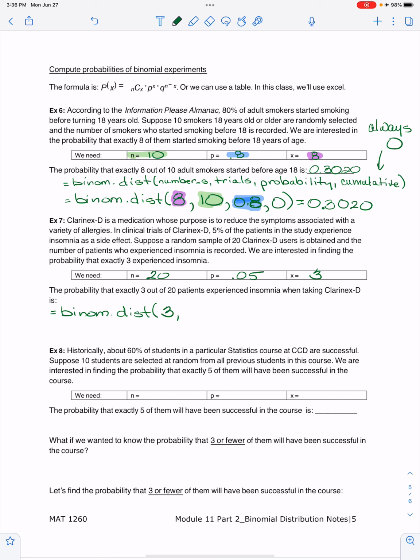We want 3 successes out of our 20 trials at a 0.05 probability. Remember, these all have to be decimals. Closing with a 0, and we get 0.0596. There's the probability that exactly 3,